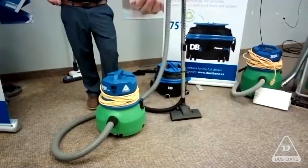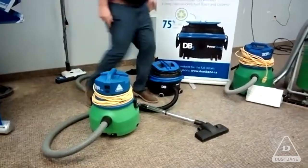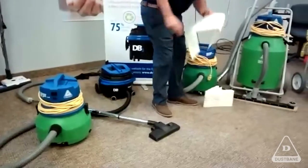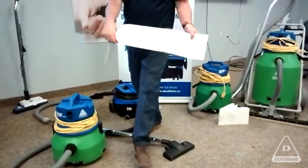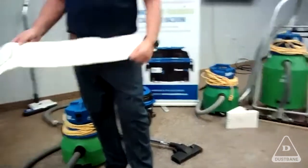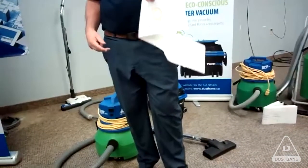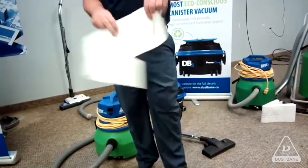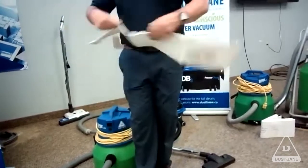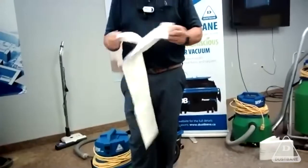3-gallon is small. We use paper bags inside, or you can use the dry filter. Paper bag being the clean air system. And these were really designed for the Targa series. It goes in, seals itself, but that's also part of the air quality. See, I'm trying to rip this and I can't. So it's not just paper. I'm gonna rip it